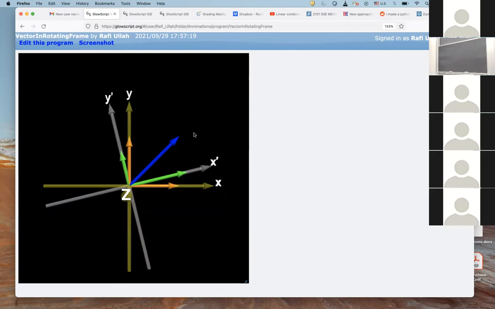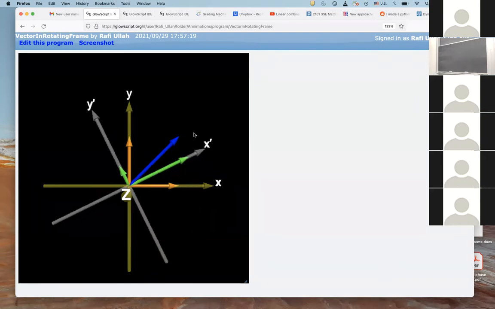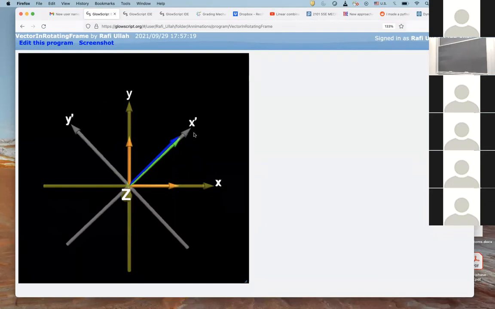And the blue, which is the vector, is irrespective of the coordinate system. So in the unprimed coordinate system, the orange arrows are the components of the vector. And since the vector is not rotating with respect to that frame, they stay as such. However, as my prime coordinate moves, the green arrows, which show the components of the vector in the rotating frame, change. See this? Now, when the x-axis of the frame is exactly aligned in the direction of the vector, its y component in the prime coordinate is 0.